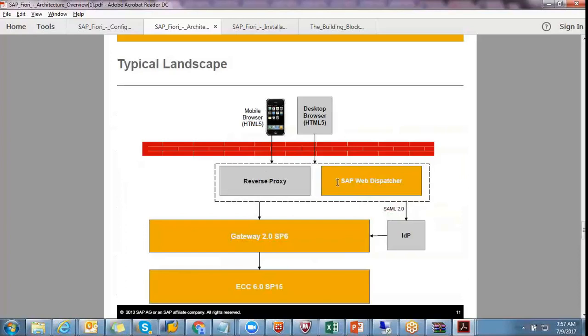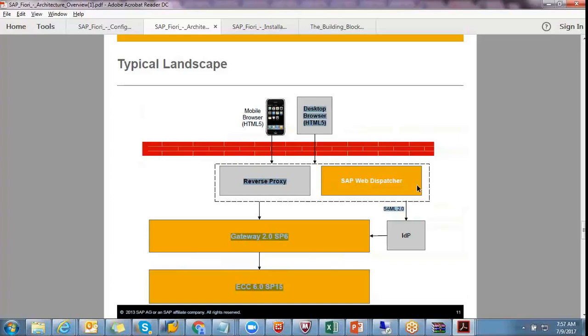There is a concept called web dispatcher. The web dispatcher is an intermediary between the mobile app and the back-end service. Basis will take care of the web dispatcher; we have to install it. These are the terminologies. If you talk about these terminologies in interviews, it will be an advantage, like web dispatcher, proxies, back-end system, front-end system, and gateway service.